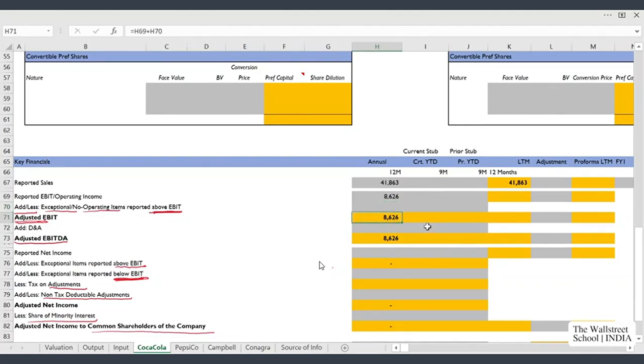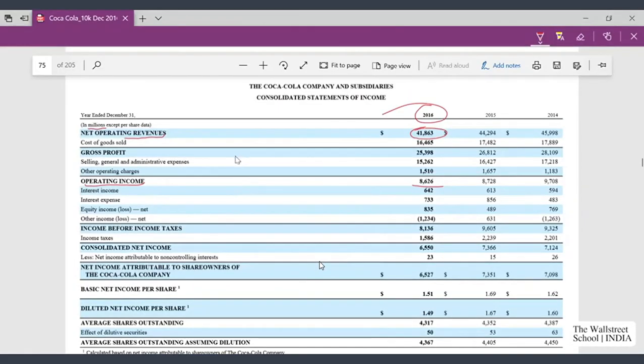So once we are done with the reported operating income, next we need to add depreciation and amortization expense to calculate EBITDA of the company. So friends, let's source depreciation and amortization expense for Coca-Cola. As you can see in this income statement, I'm not seeing any depreciation and amortization expense. There is cost of goods sold, there is SG&A expense, there are other operating charges, and we get operating income. And as depreciation and amortization expense is an operating expense, it should be reported above this.